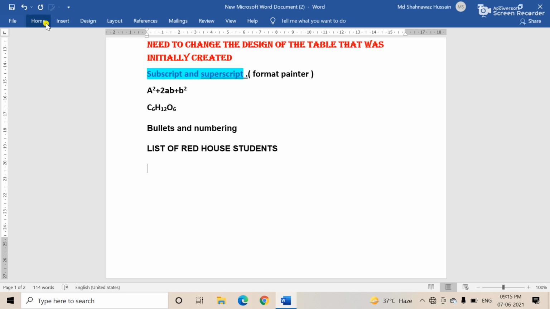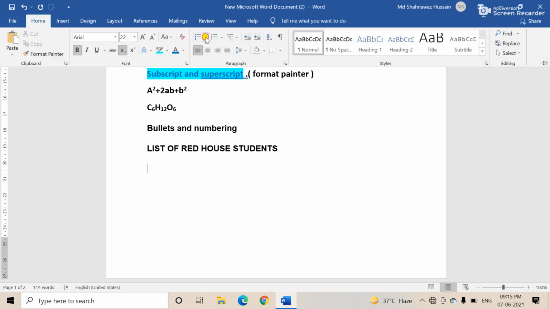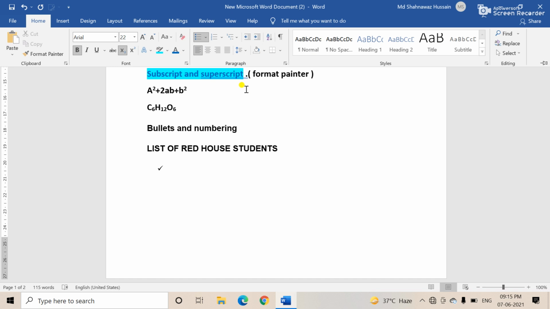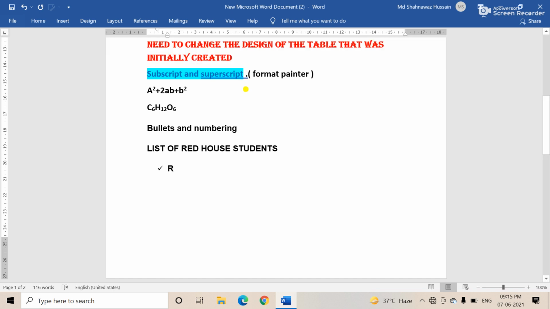so in this time we are using the bullets. Any bullet, suppose as per your choice. Suppose I am selecting this one. Okay, suppose the name of the student, Ram. When you press enter, the bullet automatically comes. Like this.